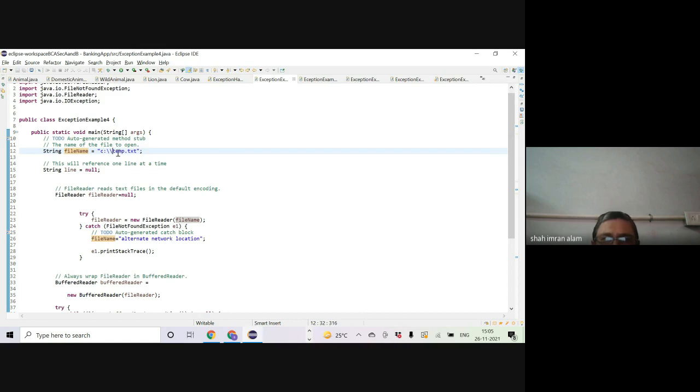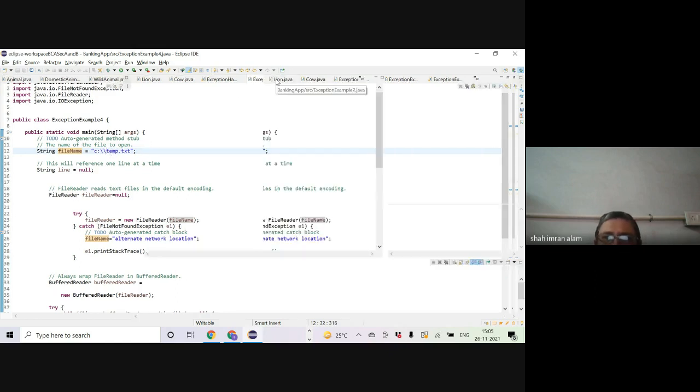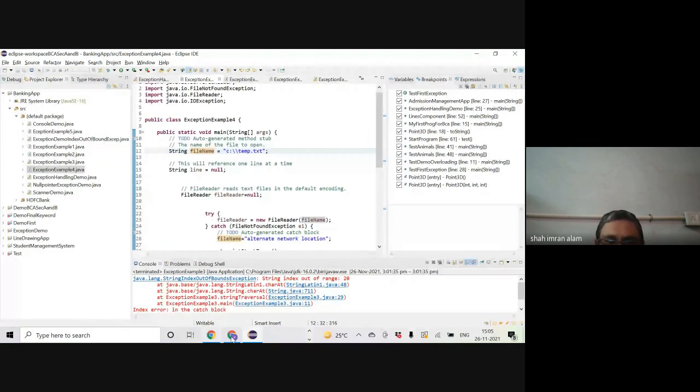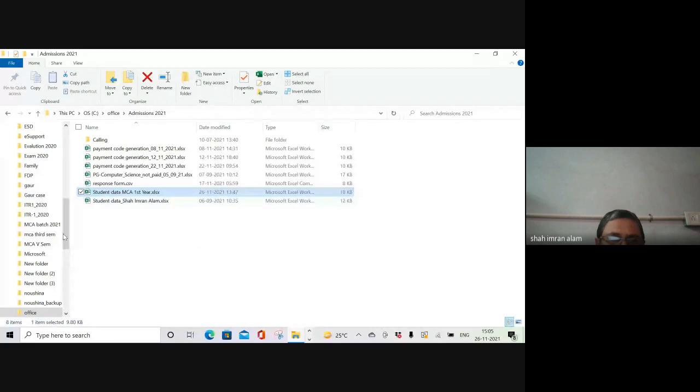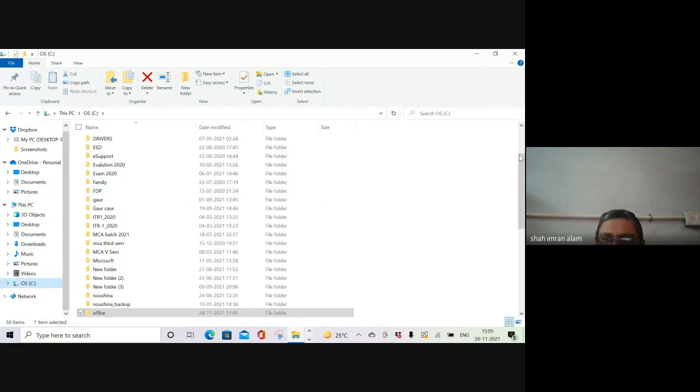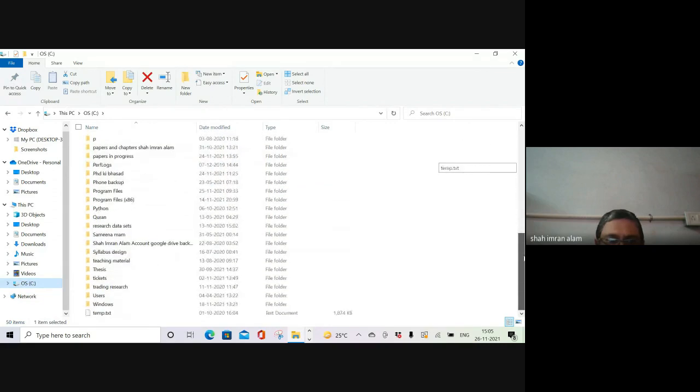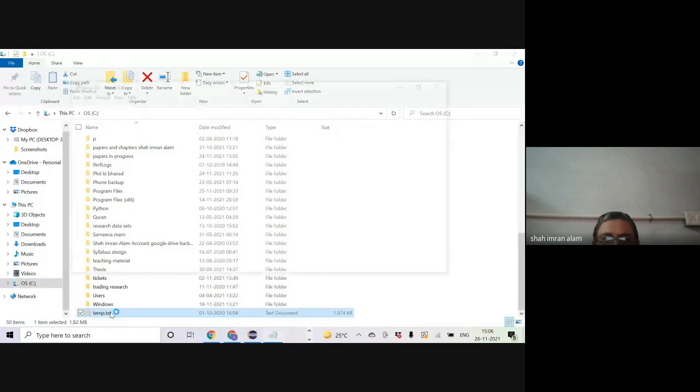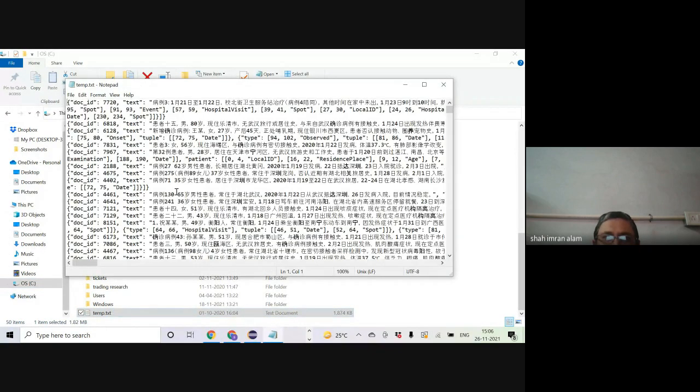So let's see whether we have got this temp.txt in our C directory or not. Let's go to the directory. In our C drive, okay, there is a temp.txt file, right? It contains something.